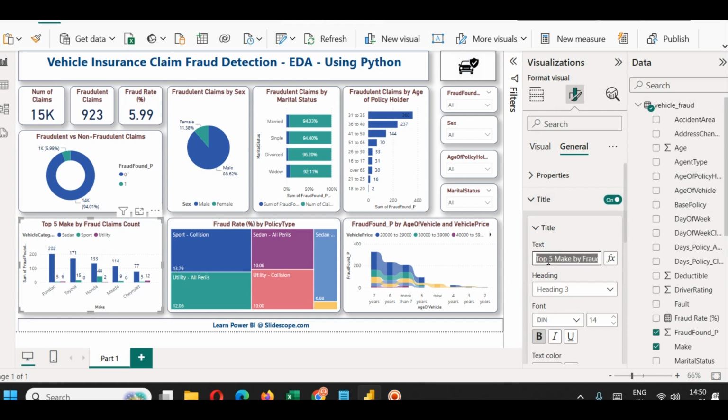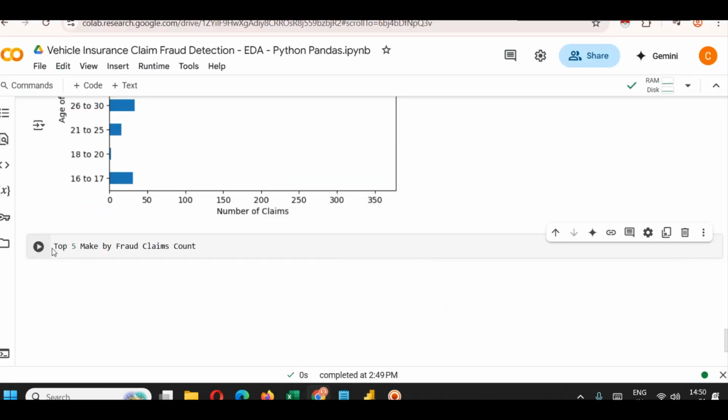For top 5 you have to write dot, first you have to arrange them in descending order, and then you have to write dot head, and from head you can find top 5, right? But there are shortcut ways. So if we do top 5 make by fraud claim count, you can simply write top 5 make is equal to